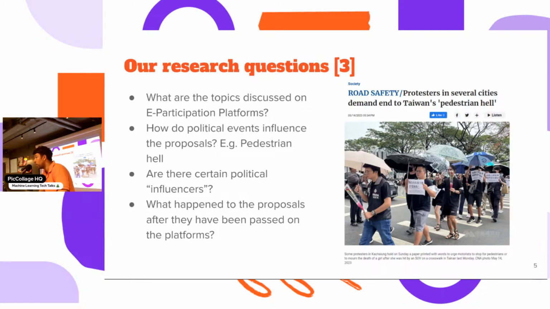A pedestrian got hit by an SUV, and there was a big outrage from the citizens, who all complained that the streets are not safe. So we thought maybe we can read something from these events that then influenced people to make some proposals on the platform.